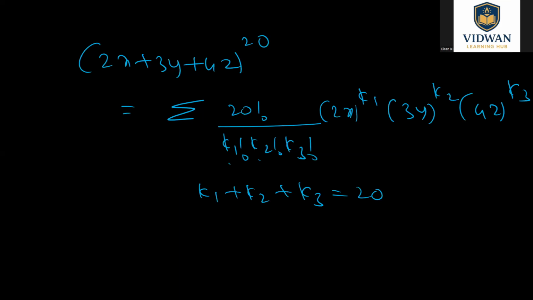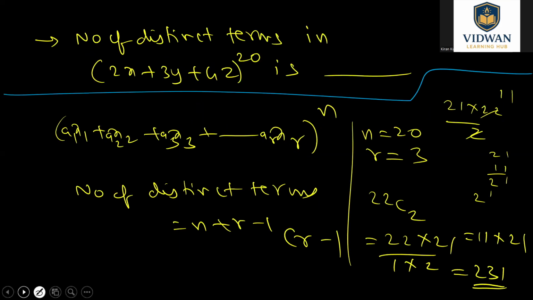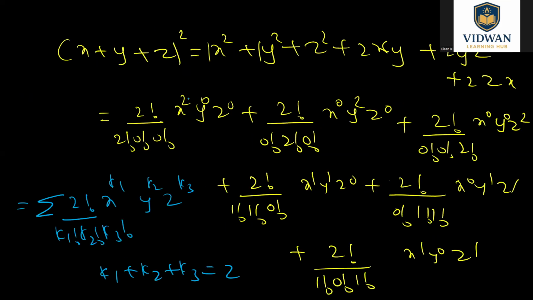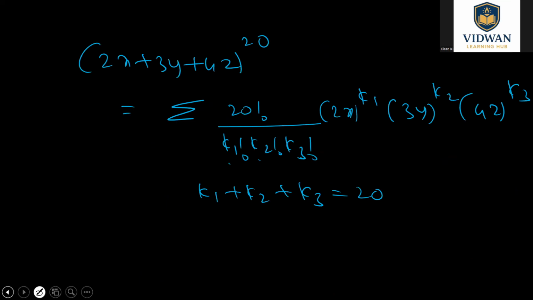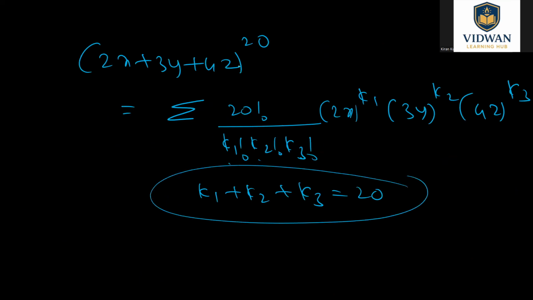So the number of terms here, you see this example. Number of terms here is nothing but number of triplets. 2, 0, 0 is one triplet satisfying this. 0, 2, 0 is another triplet satisfying this. All those triplets together will be number of solutions. So number of triplets or number of solutions is nothing but number of terms. With the same logic I'm saying, if you find out the number of solutions of this equation, it is equal to number of terms in